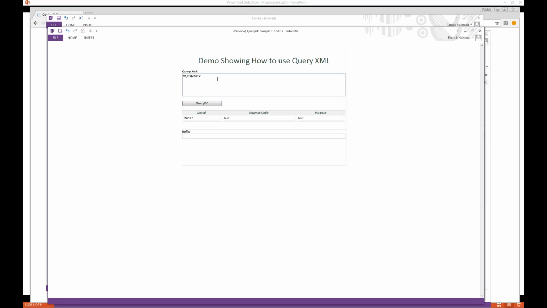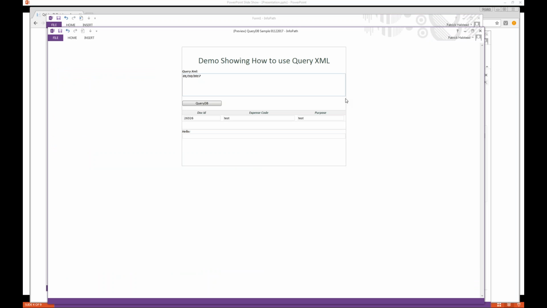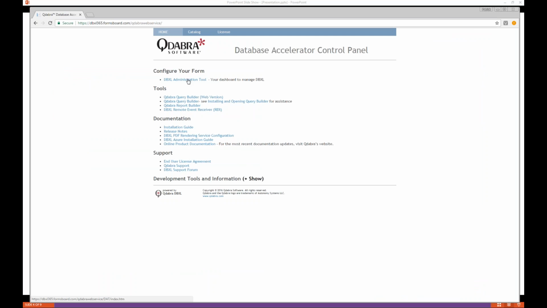So once again, this is querying the database live, and it's using that generic XML string that we get from the QueryDB tool. So what you typically do is go into the QueryDB tool, create your query with your filters, the columns you want to return, and how you want it sorted, and then you take the query strings that the tool generates and paste them into your form so they can query the database. This is very common. You can make it data-driven, so it can be based on a dynamic value in your form. What we've done now in 3.2, which has not been released yet, is